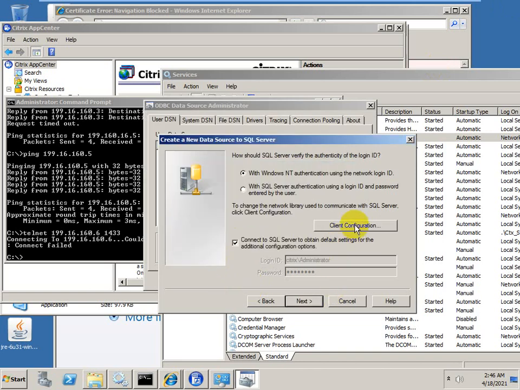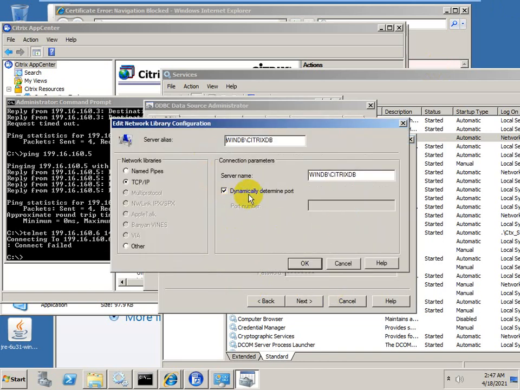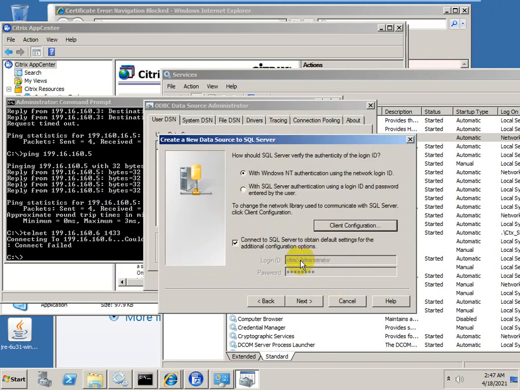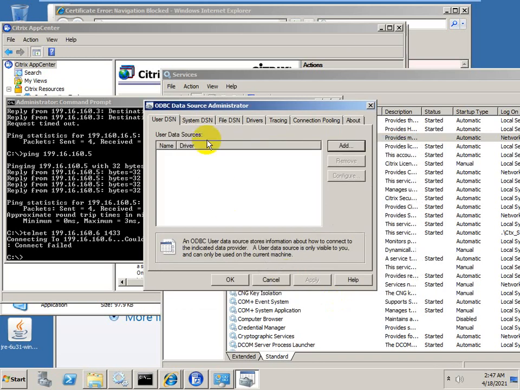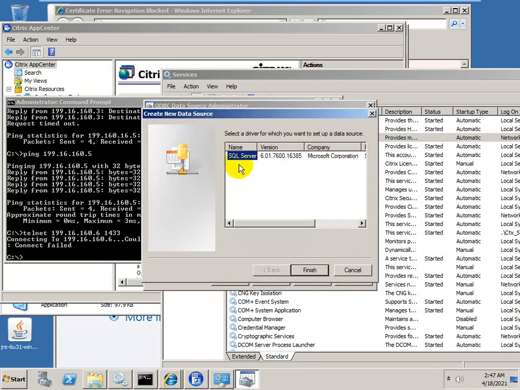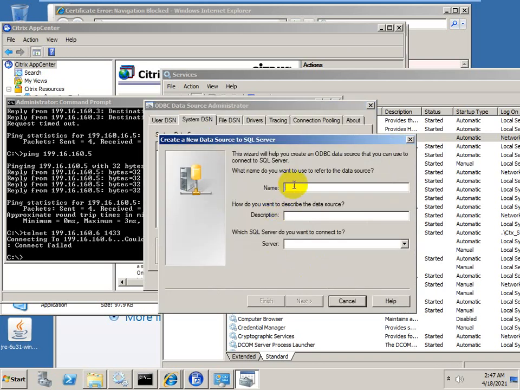Again in the same way, port number 1433. Going to the system DSN, same thing I'm doing here.